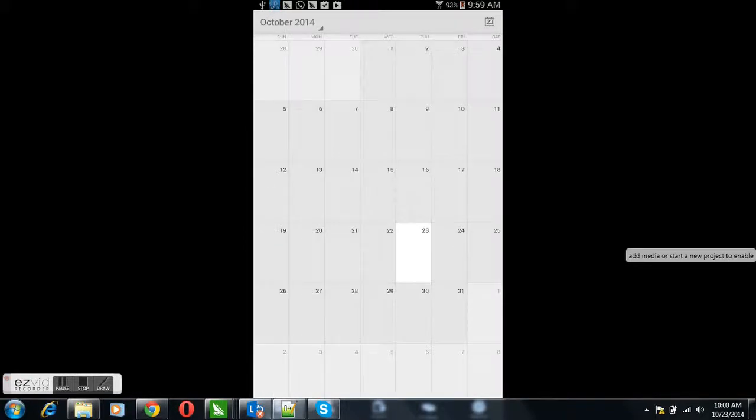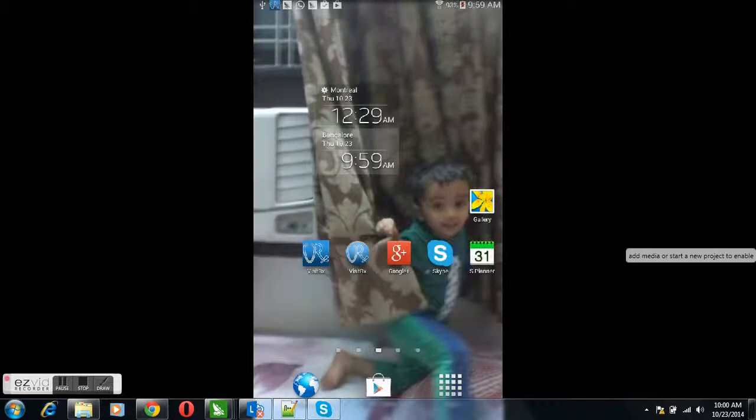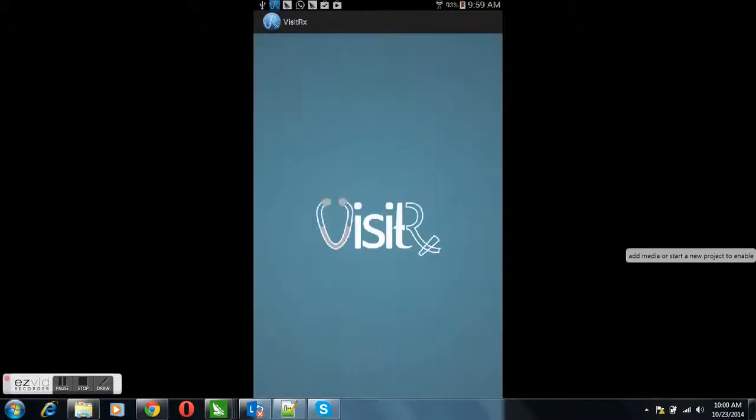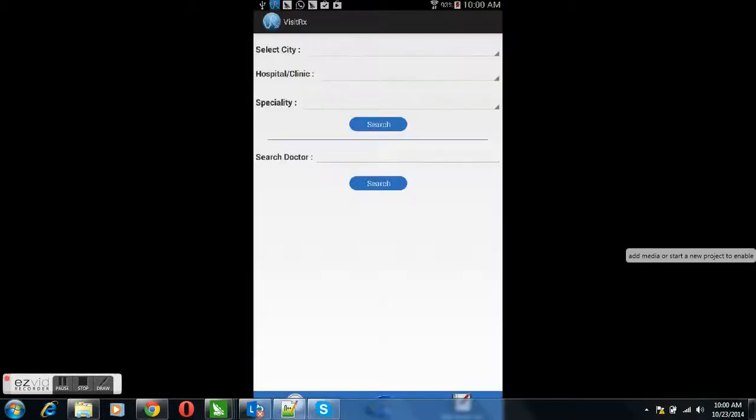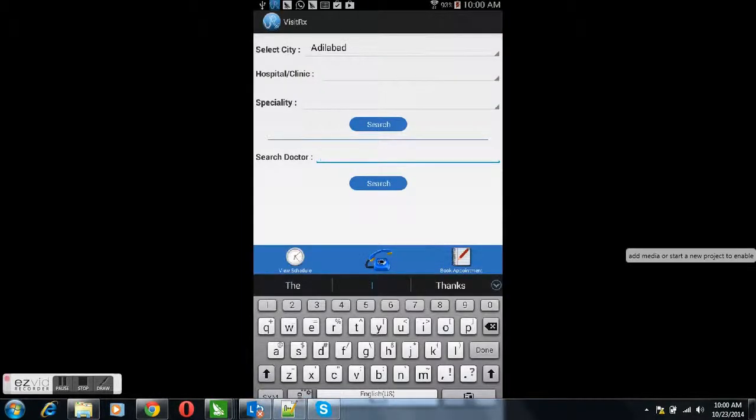Let's have a look at the patient end of the mobile application. That is the round circle icon of VRX. You can see it here. So let's open it. Here the patient can search for a doctor based on three fields, starting with city, and based on the selection of the city, the relevant hospital list will start appearing in the drop down.